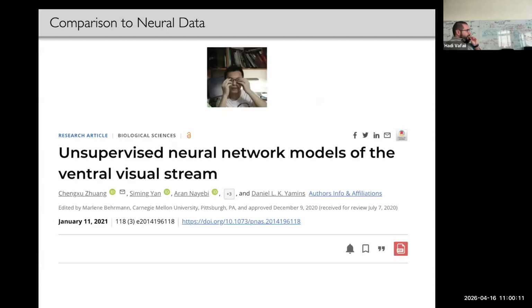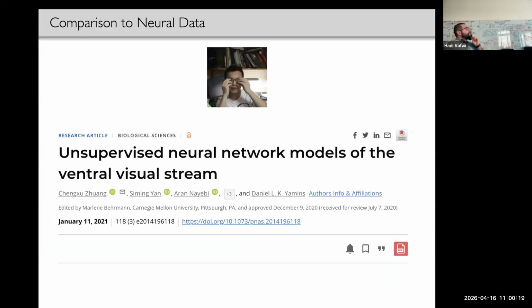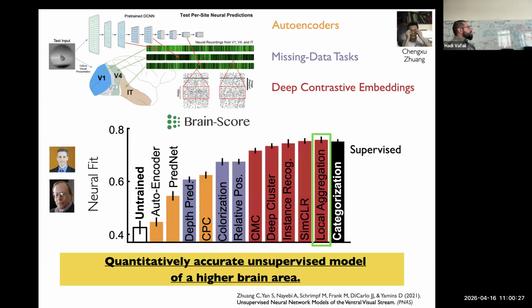And then you could compare them to the neural data. We didn't use any neural data in figuring out this algorithm. This algorithm is not so amazing that I'm going to spend your time telling you about it, but the point was, it was pretty good. We compared it to the neural data, having first not thought of the data at all, and it turned out that it was decent. Finally, there's a red bar there: it was as good as or slightly better than supervised networks at predicting neural responses.